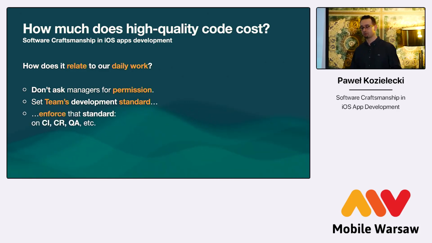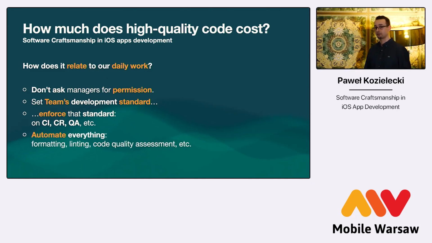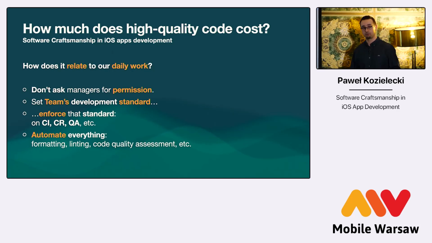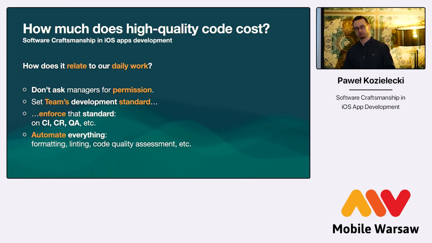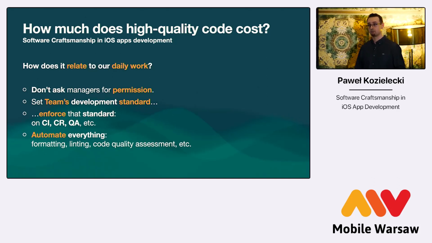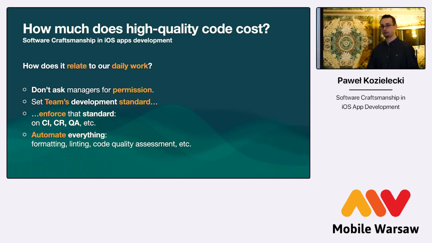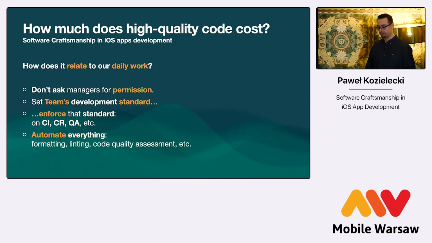Once you have this established and it's agreed across the team, just make it a standard, right? Make it enforced across all the levels, wherever you can, and even better if you can make it automated. Especially for code review, especially for quality standards, we have excellent tools, formatters, linters, static code analysis, merge blockers, you name it. Most of the stuff can be basically done almost fully automated.